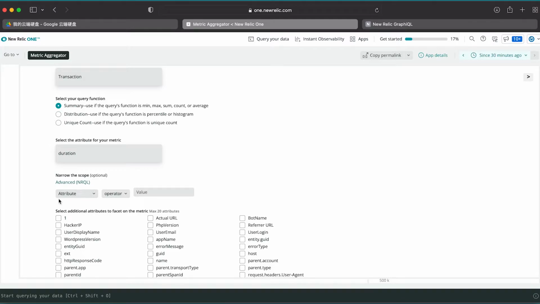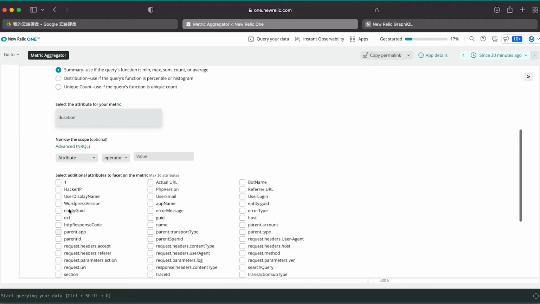The next step is optional. You do have the option to filter to the more specific transactions you want to convert to metric. For example, only from a certain application or from a certain host or production environment, etc. I'm going to skip that.